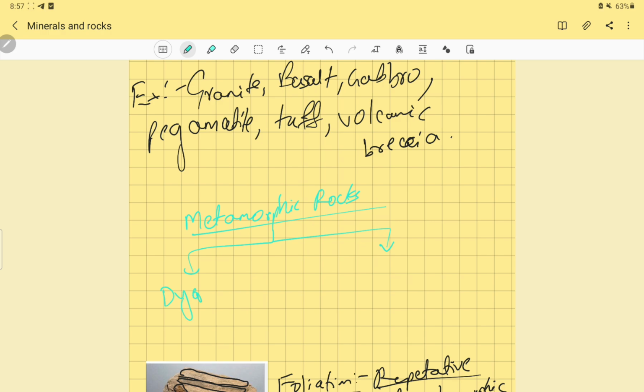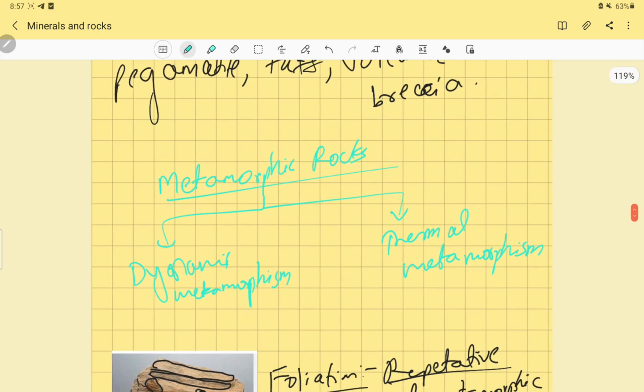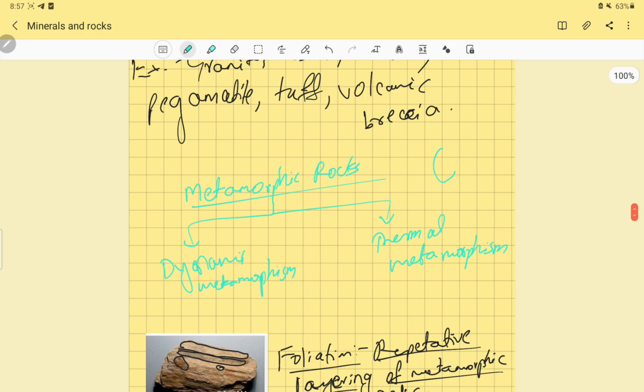One is dynamic metamorphism, then you have thermal metamorphism. So what is thermal metamorphism is, say there is a rock here and there is some high temperature in